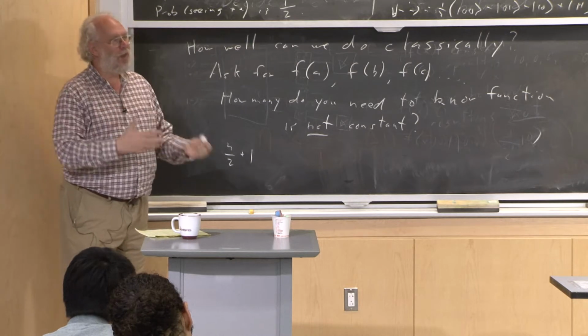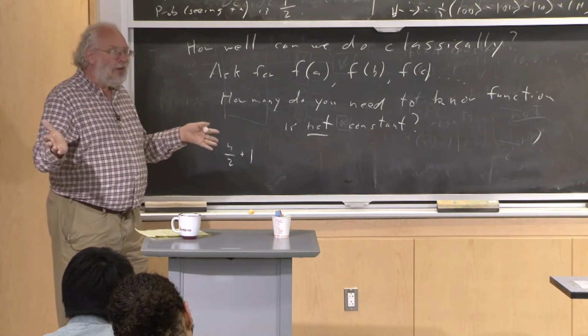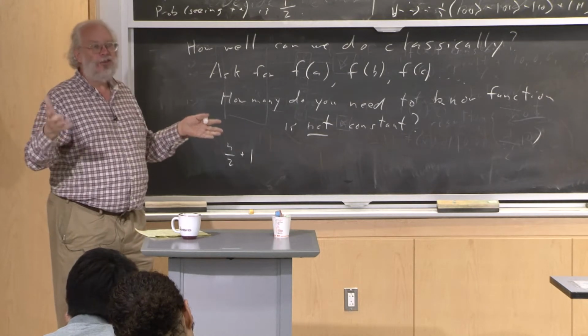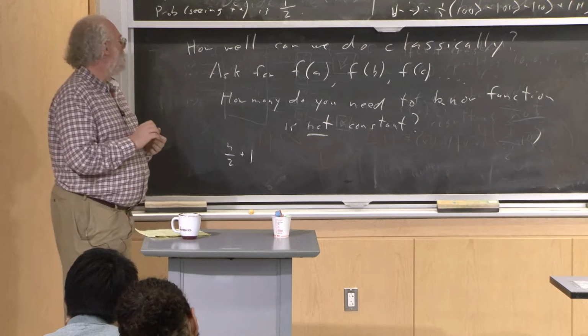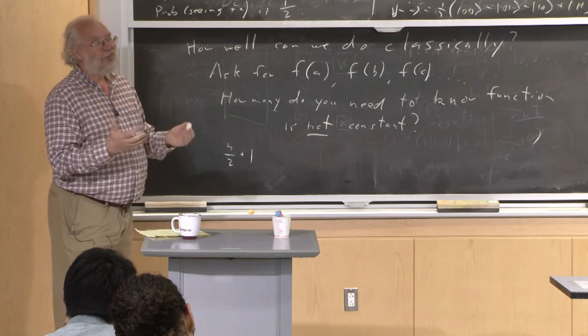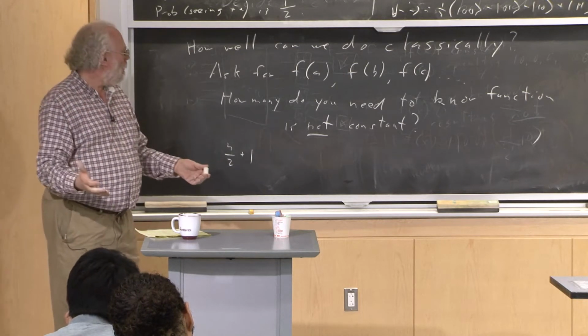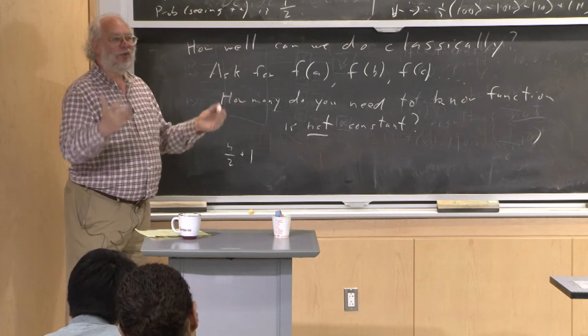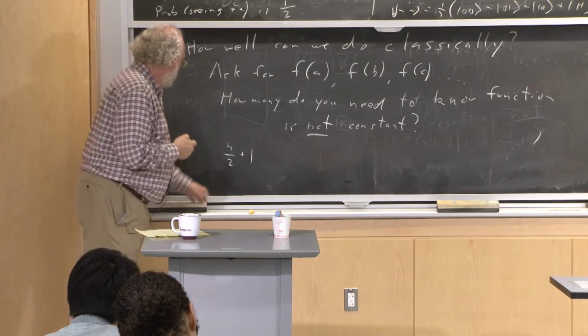And in fact, if you were playing a game with someone and you were trying to guess whether a function they had in mind was constant or balanced, and they happened not to write down the function beforehand, you would have to ask them n over 2 plus 1 to get the right answer. So classically,